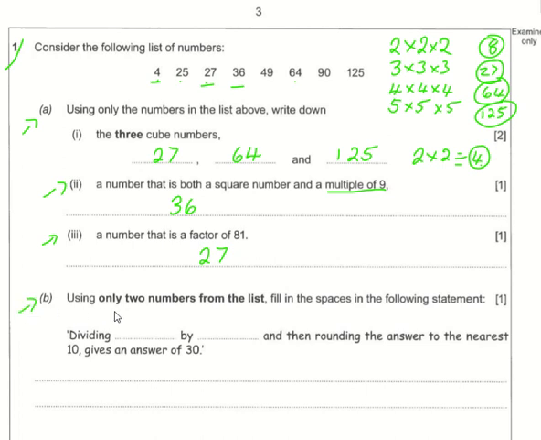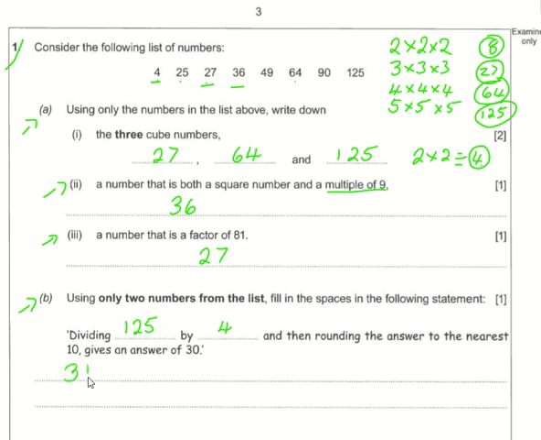Part B of this question, using only 2 numbers from the list, fill in the spaces in the following statement. Dividing a number by another number and then rounding the answer to the nearest 10 gives an answer of 30. So it's got to be a fairly big number. I'm going to try 125. Divide that by a fairly small number, so I'm going to start off with the smallest number, 4. If I divide 125 by 4, the answer I get is